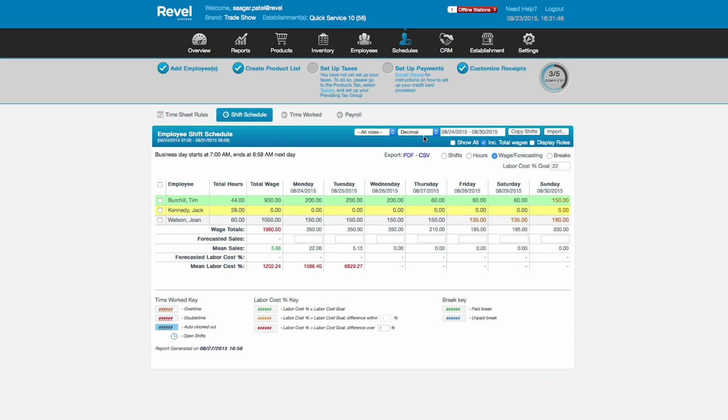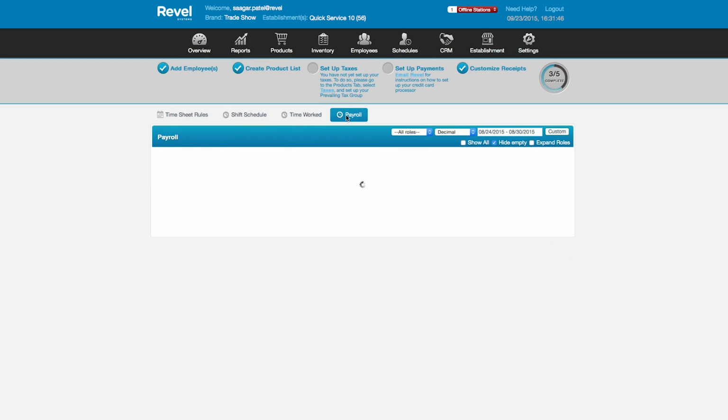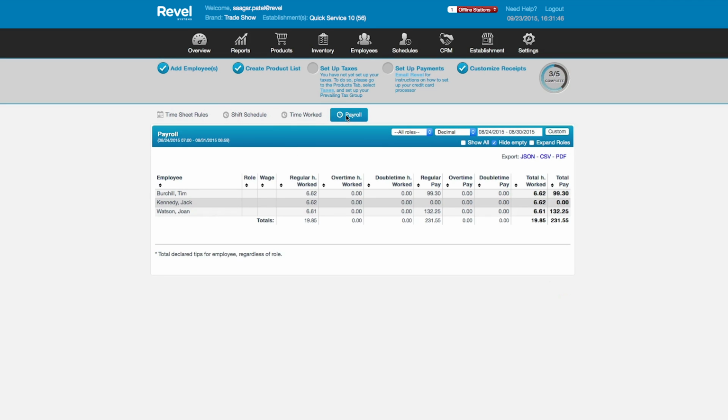We also have the Time Work tab that will show you the clock in, clock out status and the total hours worked that week. Lastly, we have the Payroll tab that will show you a breakdown of the payroll for each employee and allow you to export to a variety of file types, as well as searching payroll by a custom time frame or by the